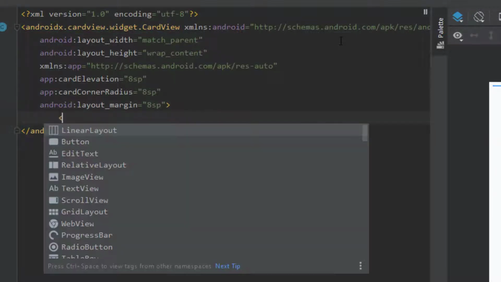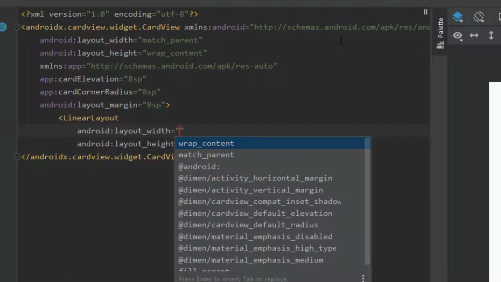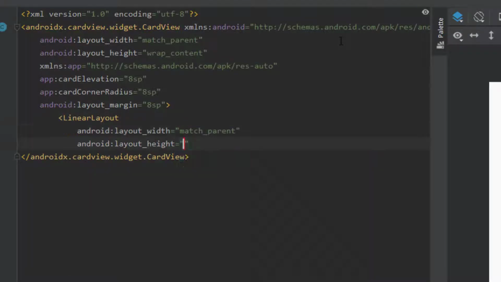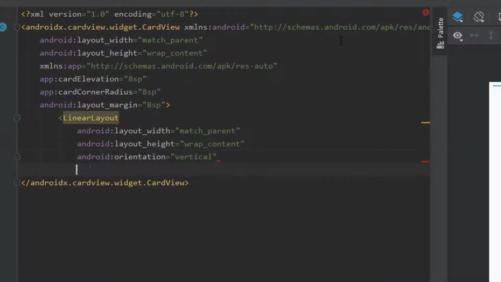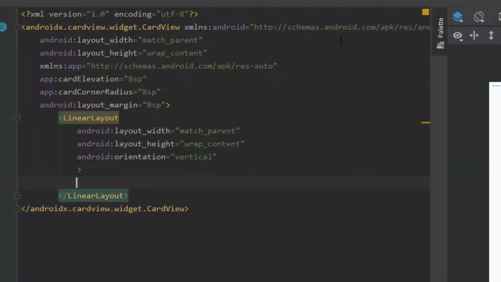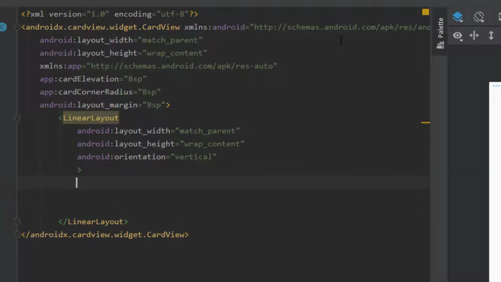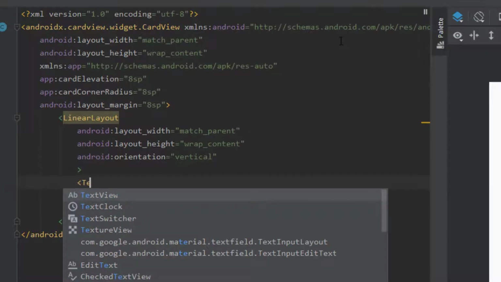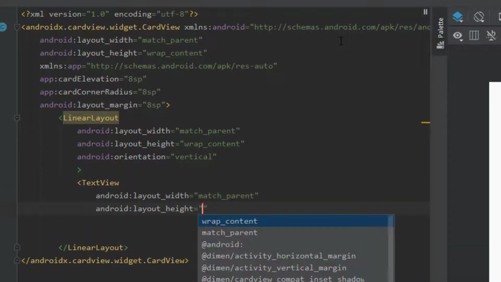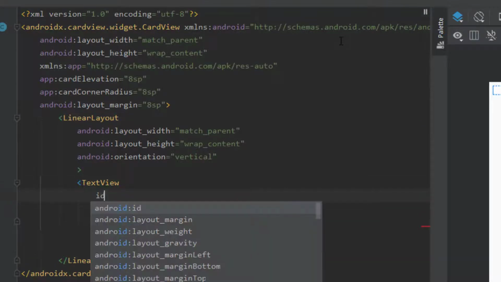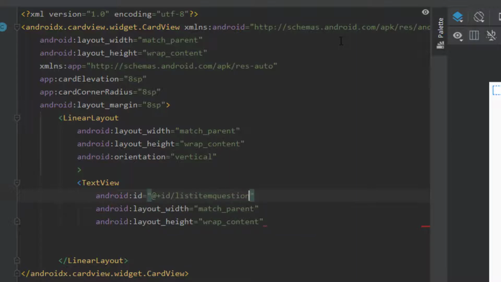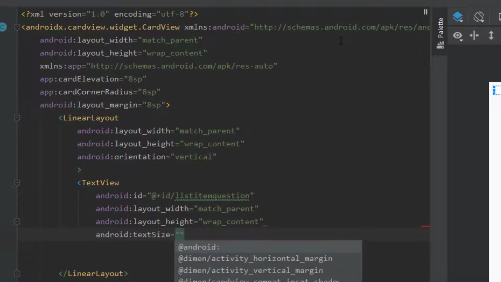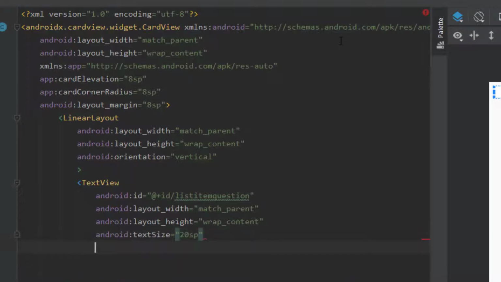Yeah, perfect. So inside this I am creating a linear layout whose width is match parent and height is wrap content, and orientation is vertical. I am closing the linear layout. So inside this I am going to make two text views. One is question and another one is answer. So making both width as match parent and height as wrap content. Let us make the ID as list item question. Let's set the size as 20 sp,